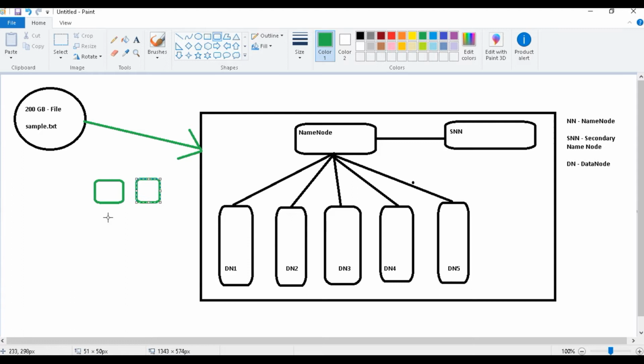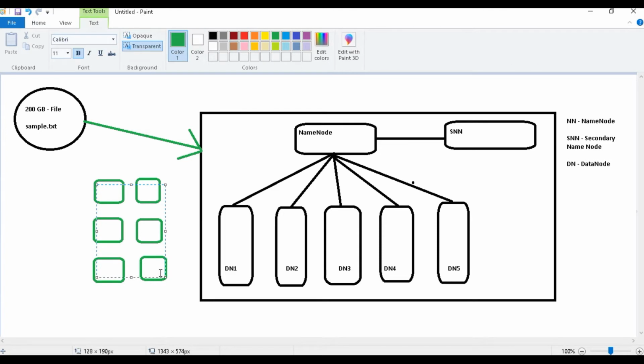Split into pieces, those pieces we will call blocks. The big size file will be split into blocks and copied into the data nodes with replication factor 3. It means, for example, I'm writing some block names, BLK1, where BLK stands for block,